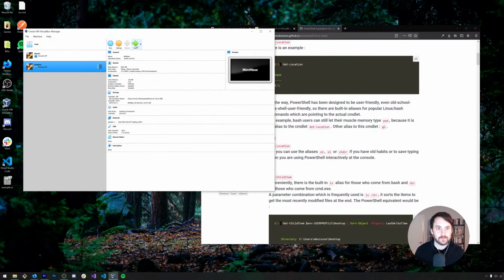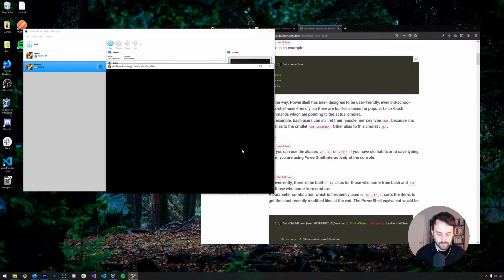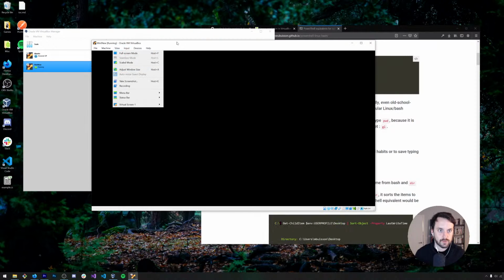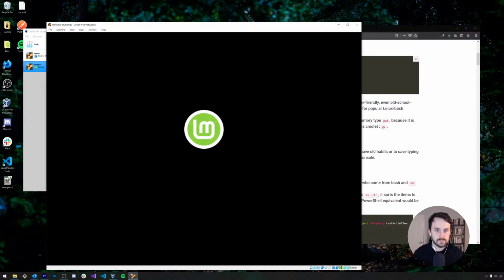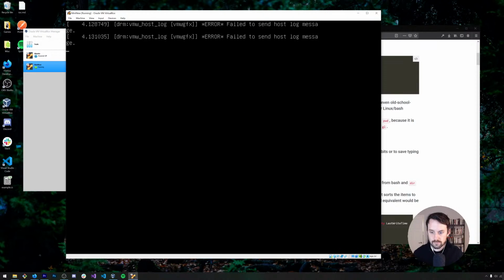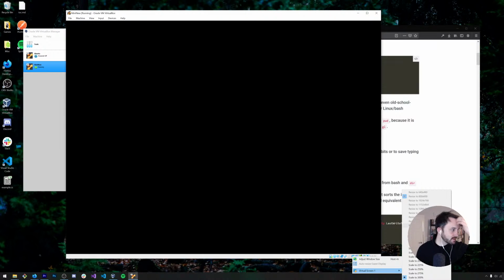So close. It's interesting that these resize options to different resolutions are grayed out.